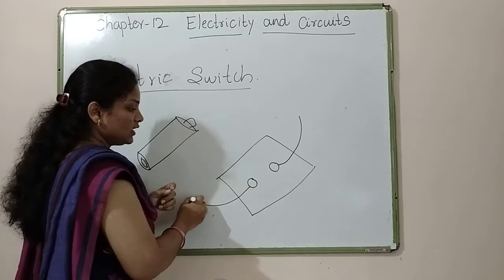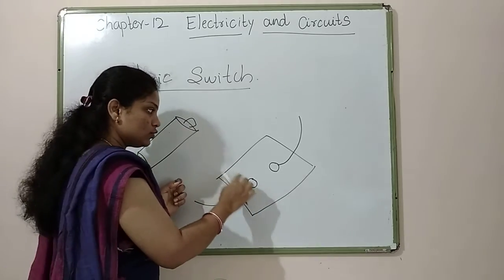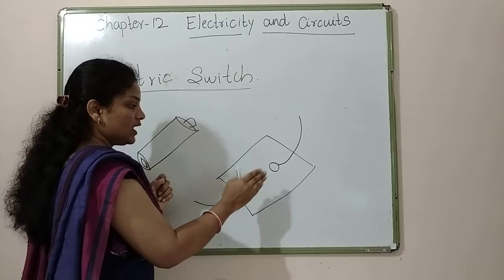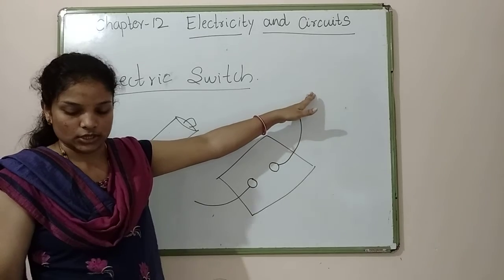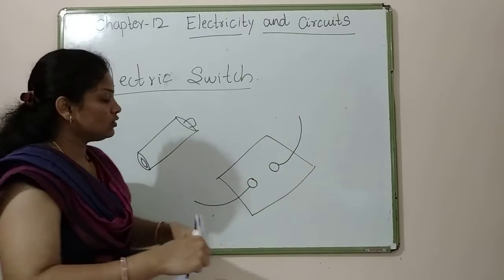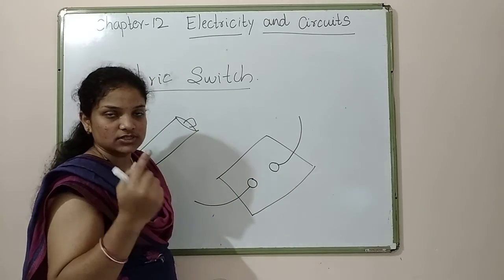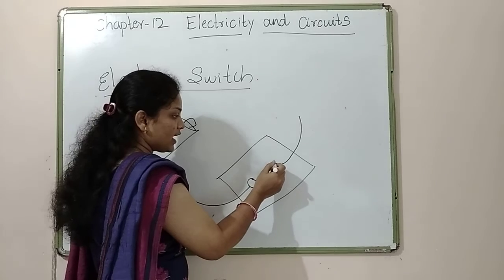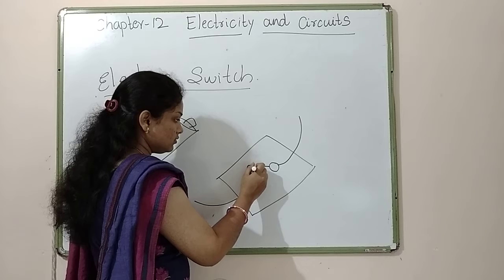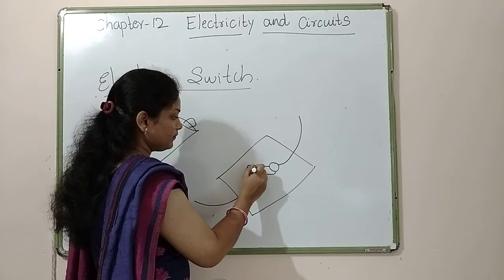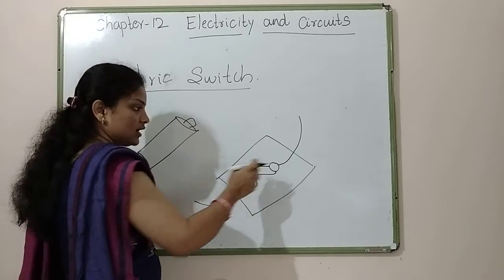Another one, do the same thing. Skin the wires, put it on the drawing pin and attach that pin to the thermocol sheet. So now you have fixed 2 wires. Have you seen safety pins? You have to connect one safety pin to one side. So this is the safety pin, attached at one side.